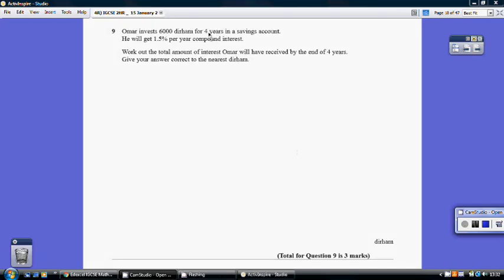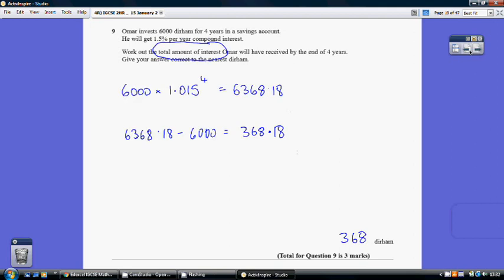Well, the quickest way to answer this type of question is using a multiplier. Now, as we've got a 1.5% compound interest rate, our multiplier is going to be 1.015. It's invested for 4 years, so it's to the power of 4, and 6,000 dirham invested. So 6,000 times 1.015 to the power of 4 gives us